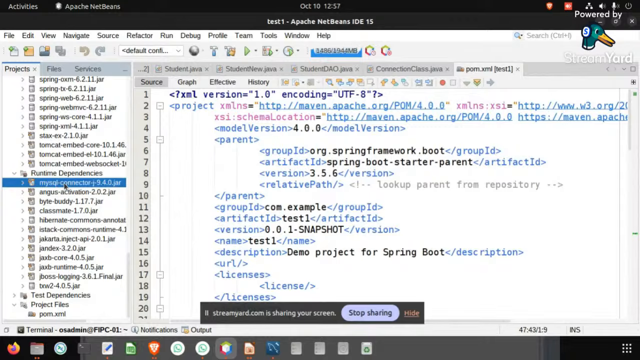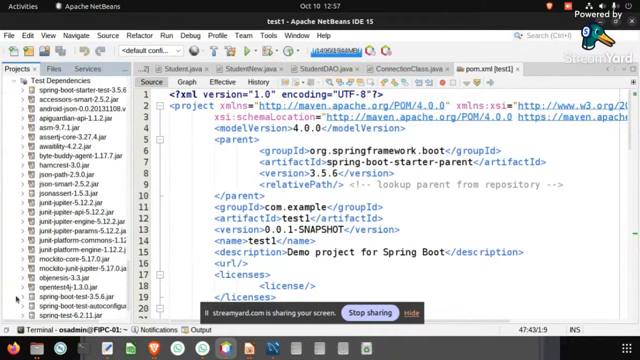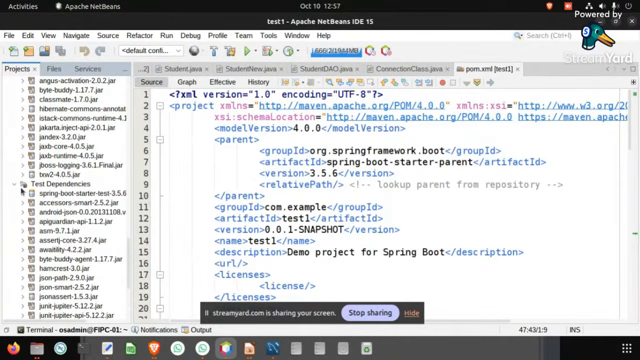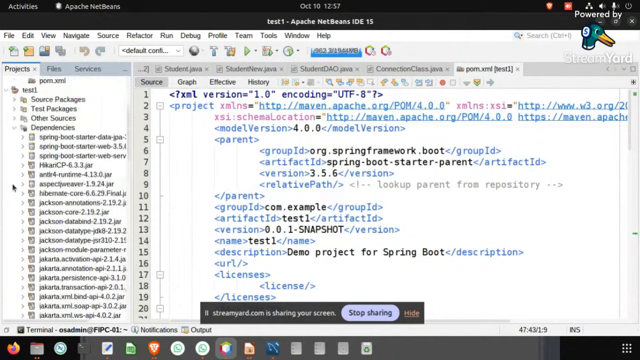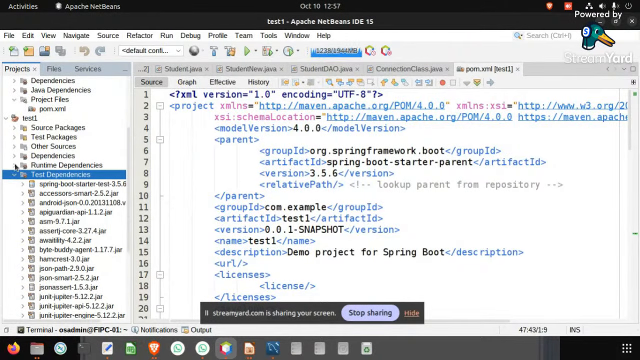See here, MySQL connector is added. Under runtime dependencies, it has added the MySQL connector because we added it there. Correct? All these things are added here. Yes, is it clear? So this is the advantage of using frameworks, and we are going to learn about